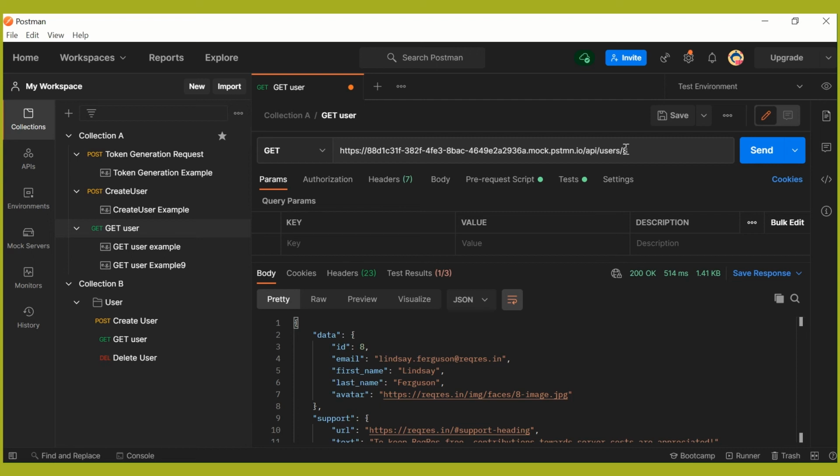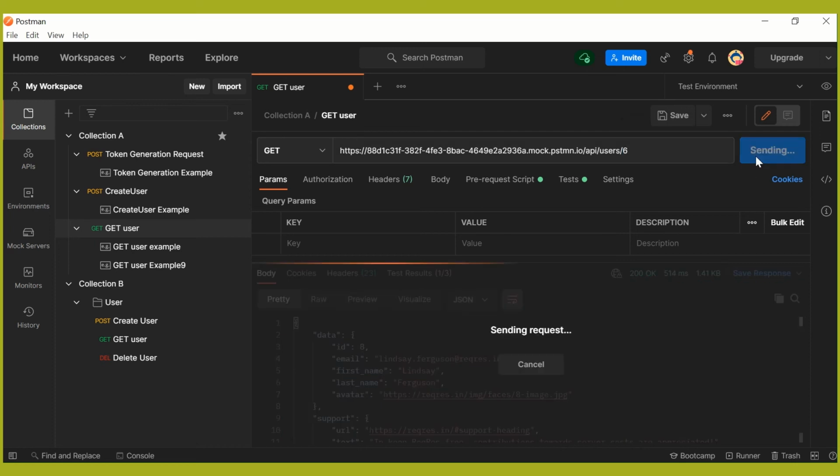And we haven't configured anything in the mock server to have this kind of intelligence. That is something provided by default by Postman: it will try to match the incoming request with all the examples that we have created, and whichever is the best matched response, it will send that response back. Now if I change it to 6, let's see what response it gives.